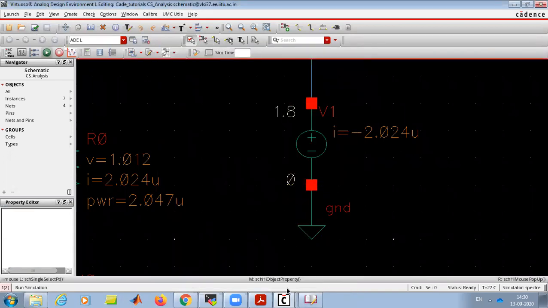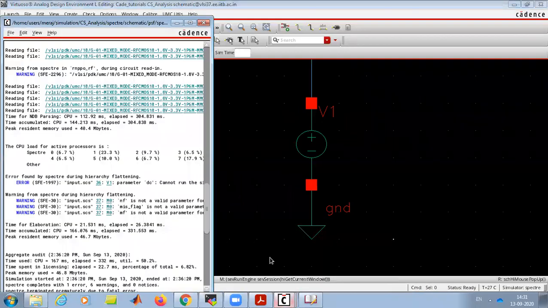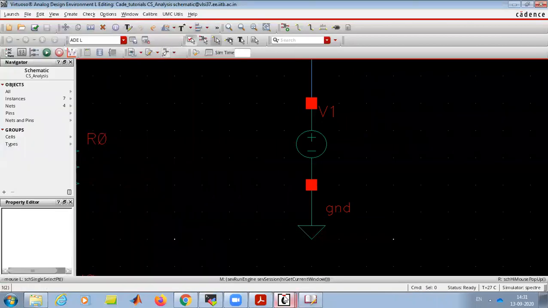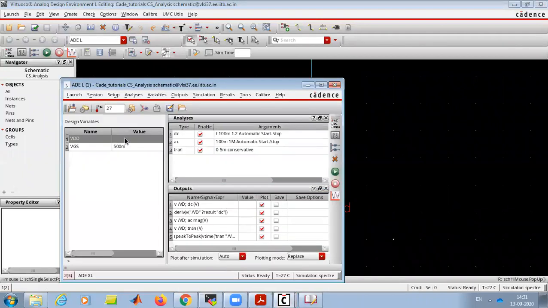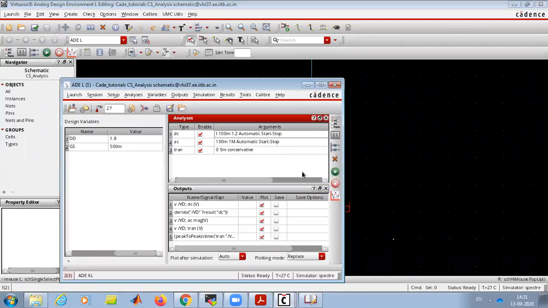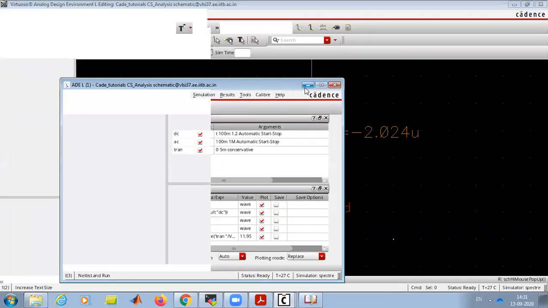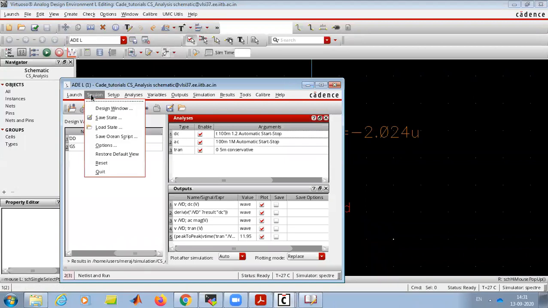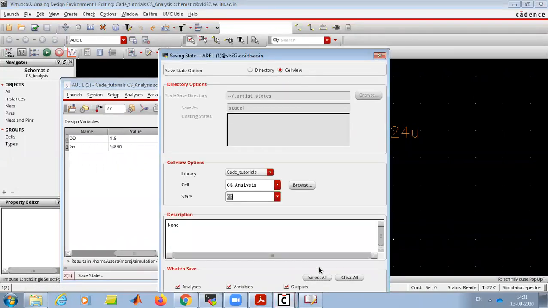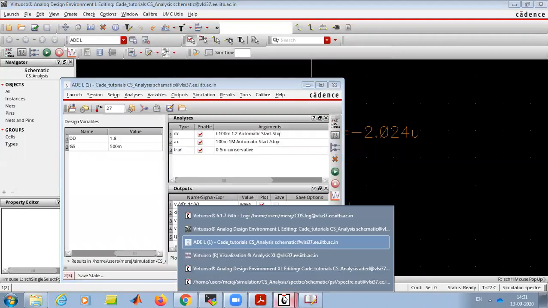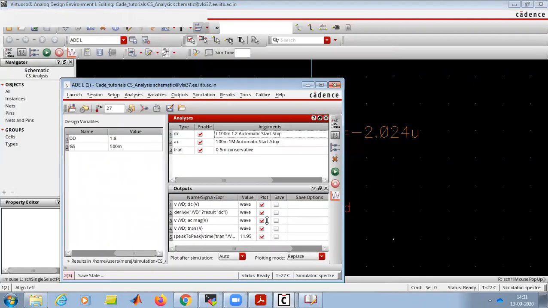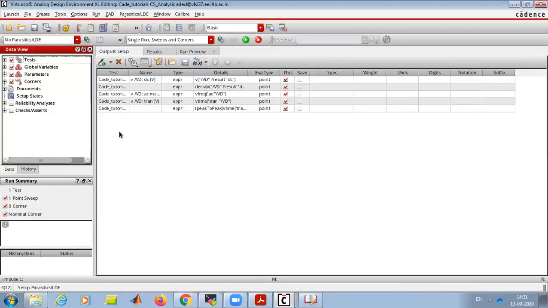We'll run it. Now it will save again, overwrite. An easy way is to not save it and close, or you can update it.